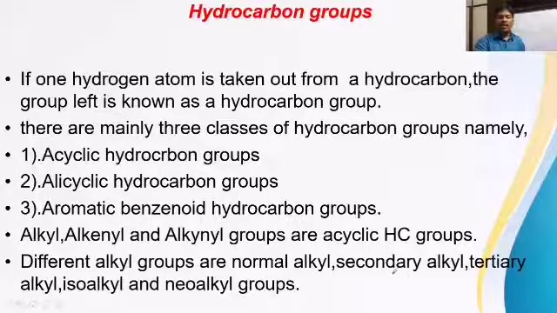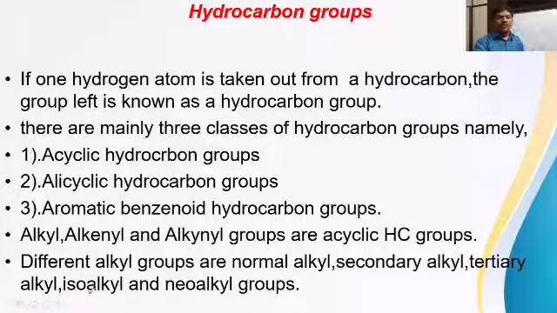And secondary alkyl group. If you remove a hydrogen atom from a secondary carbon of an alkane molecule, in that case we say secondary alkyl group. And tertiary alkyl group, meaning what here? Tertiary alkyl group indicates that the removal of hydrogen occurs from a tertiary carbon. From a 3-degree carbon, if you remove a hydrogen atom, the alkyl group formed is called tertiary alkyl group.